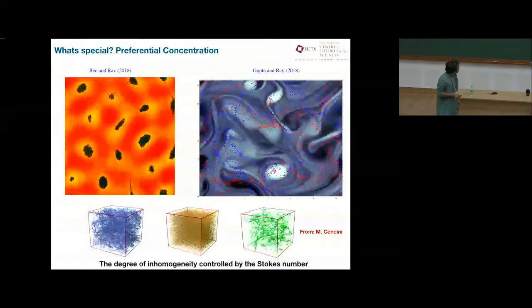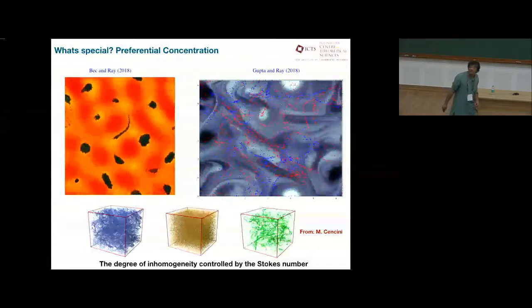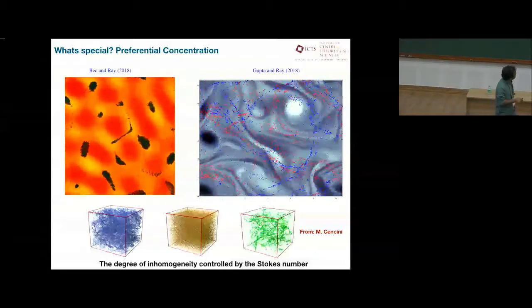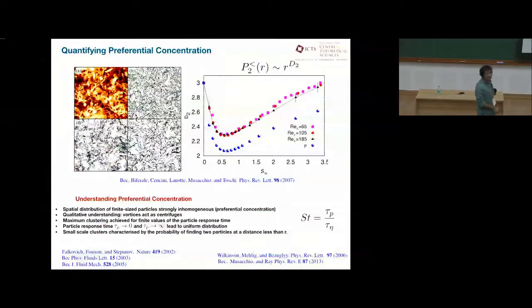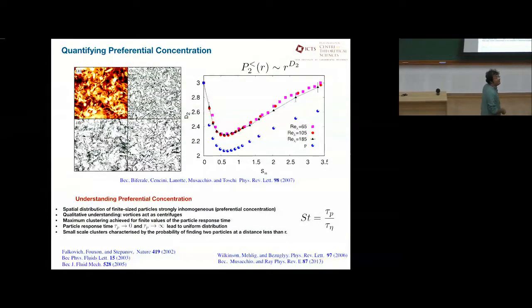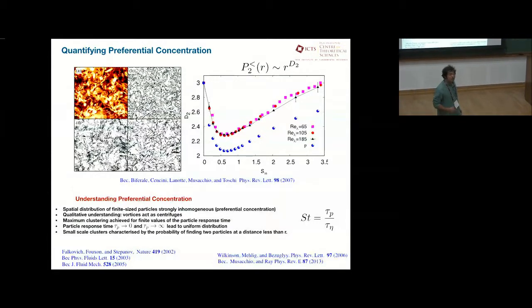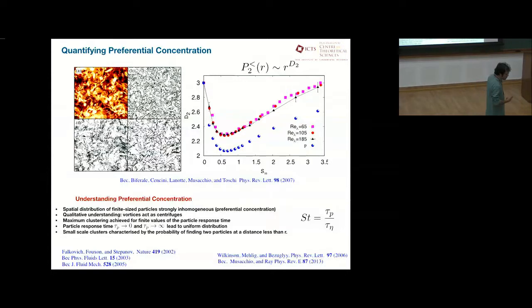So what happens is the following. One of the ways that preferential concentration is quantified, and I don't want to dwell too much on this, is to look at the pair correlation function. You ask yourself, what's the probability of having two particles within a distance r? And that scales as r to the power d2, which in our jargon in the community of turbulent transport is known as the